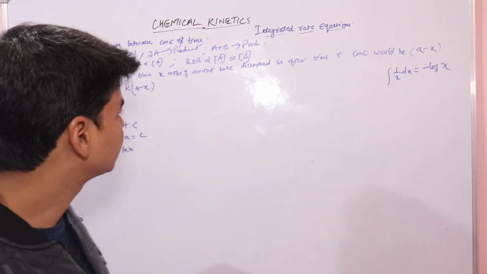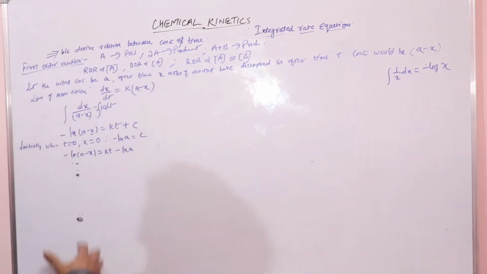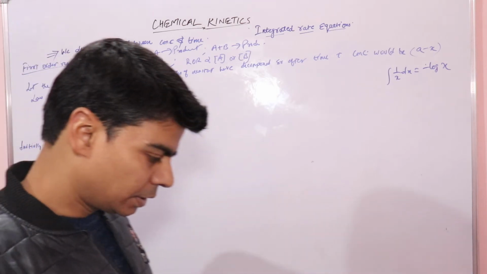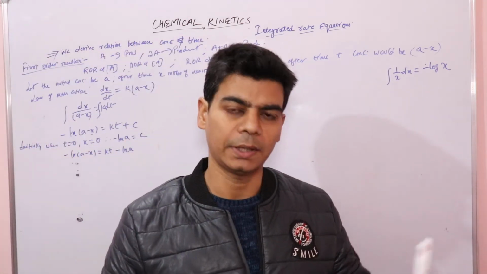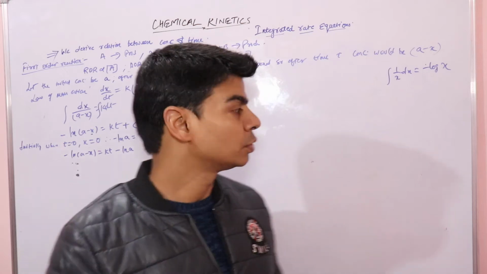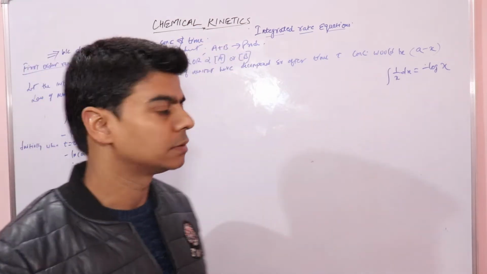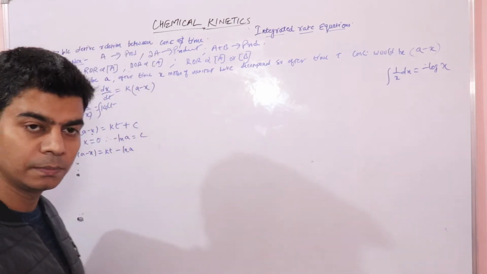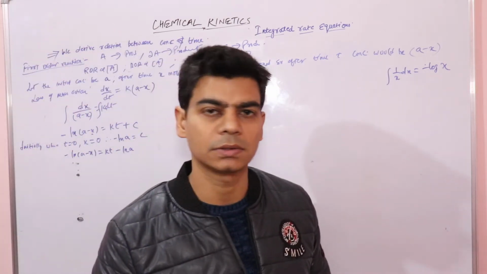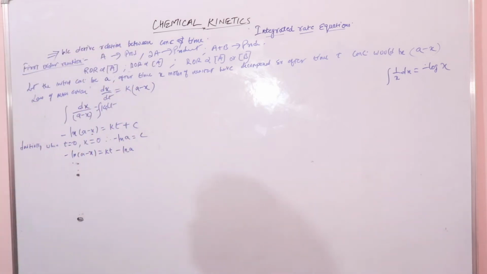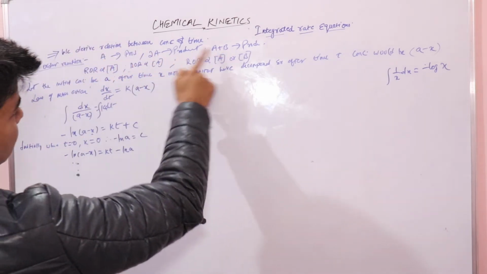for first order reaction. What we are doing is, we are trying to derive a relationship between concentration and time, right? So that we can easily deduce the rate law and the order of reaction, right? Like we did in previous case for zero order reactions, right? So these are the three reactions, right?